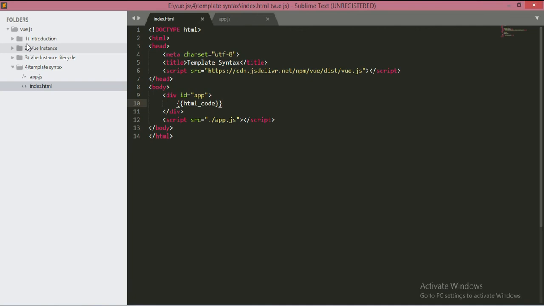As you can see, it doesn't render this as a HTML. It simply escapes this HTML. Remember that this will not print the HTML, it will simply escape it. Now one more limitation of this double braces syntax is that you can't print any property as an HTML attribute by using this syntax.